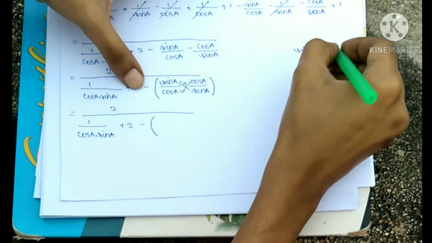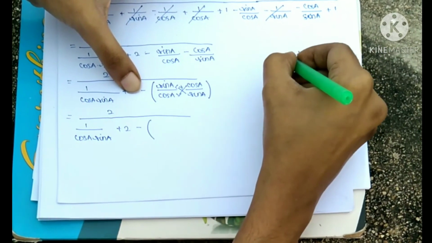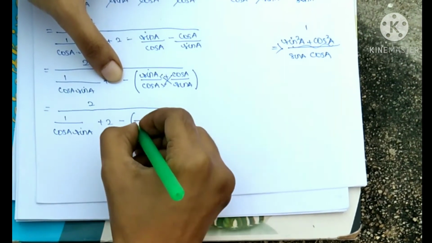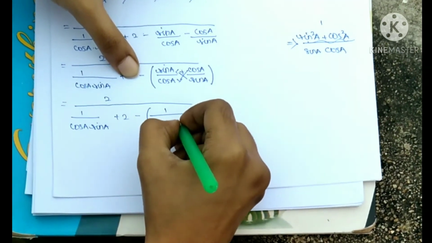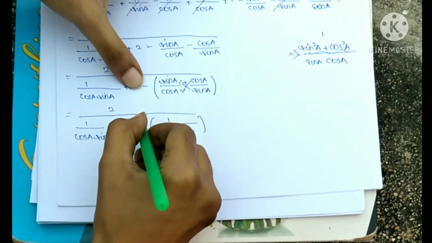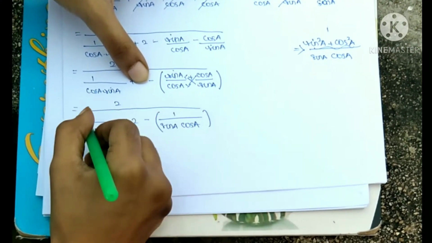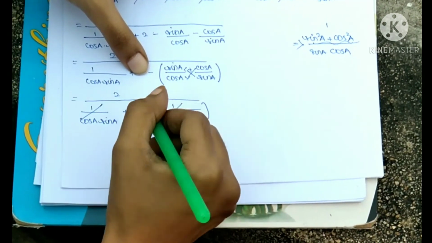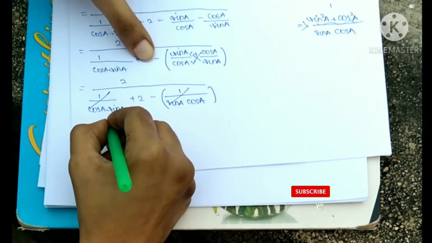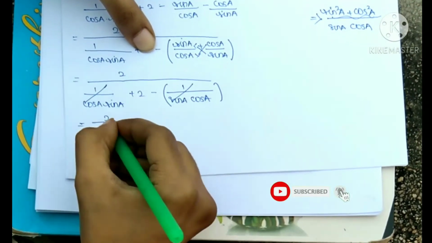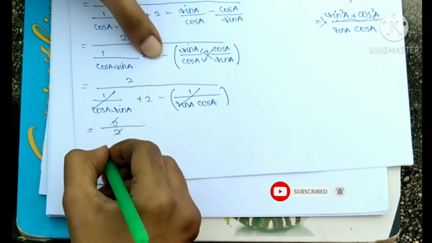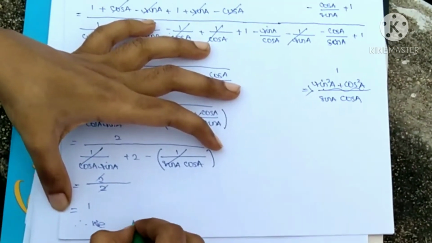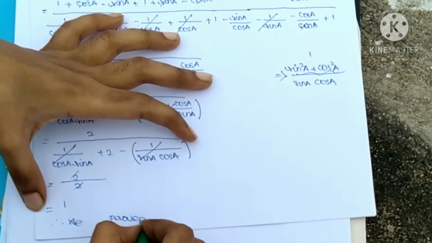This minus we taken out now. If we solve this equation, this we know is 1 divided by sin A into cos A. See here minus 1 divided by sin A cos A plus 1 divided by cos A sin A. Both are same now. Shall I cancel this? If I cancel this, what do I remain? Numerator also 2, in denominator also 2. These both get cancelled, meaning 1. Finally we proved. Okay.